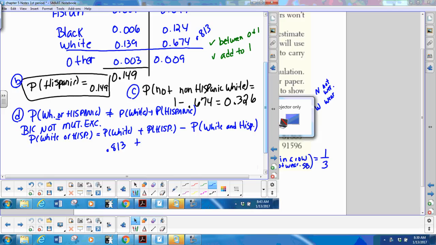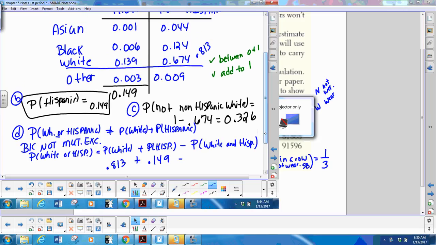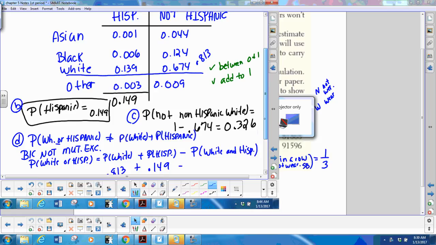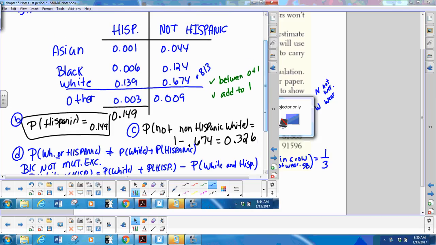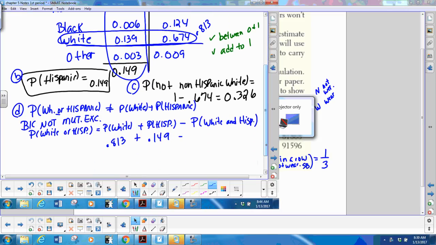The probability of Hispanic we did find, minus their intersection, and you do not have to crunch that number unless you just want to. Does anybody, y'all see where the intersection is on our table? If you've got the two-way table, you can do this number, 0.139. You're going to get the same result either way, but it depends on how you want to get there. So if you do all that,